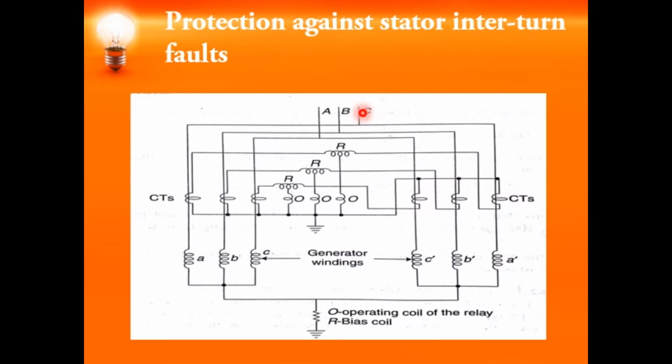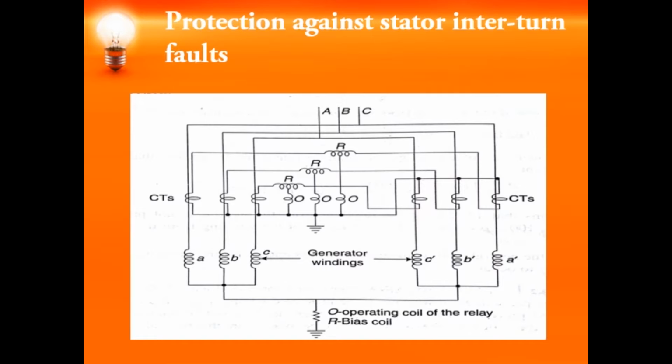Under normal operating conditions, there is no zero sequence voltage which exists in the system. In case there is a fault, or in case one or more turns of a phase are short circuited, then we have the zero sequence component. And that zero sequence component generates an EMF, so we need a suitable voltage transformer which is used to extract the zero sequence component. So for that, even we can make the protection scheme to operate.